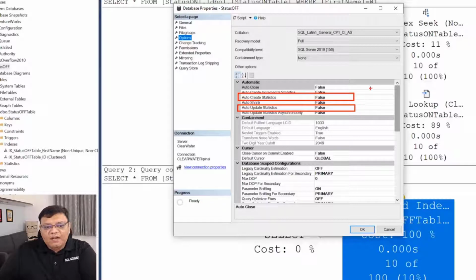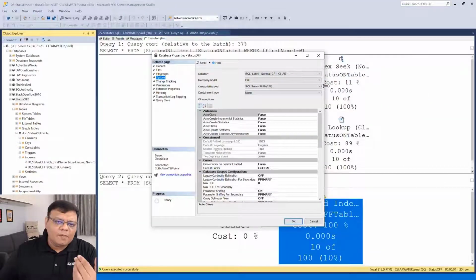Yes, when both of these are false, it's quite possible your SQL Server doesn't even know which index to use. It will just keep on using one index or the other, most of the time the clustered index which you have. And you might get poor performance. If your table is small, like my table right now, which is super small, it's fine. But if your table is really huge, like in terabytes, this situation can create a lot of problems for you. How can it create a problem?